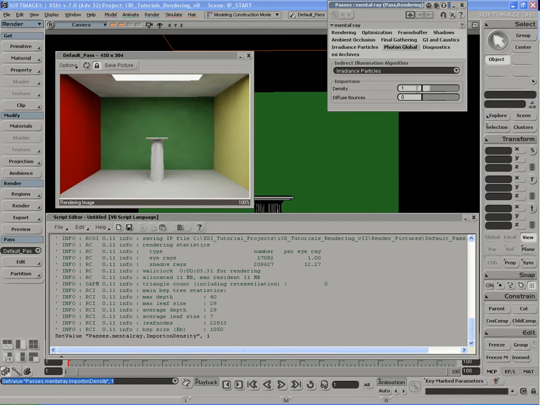What 1 means is that 1 importon will be fired off for every pixel in this image over here, and the image is 450 by 304 pixels. So this basically means one importon will be fired per one pixel. Now, to give you a really good idea of what that means,